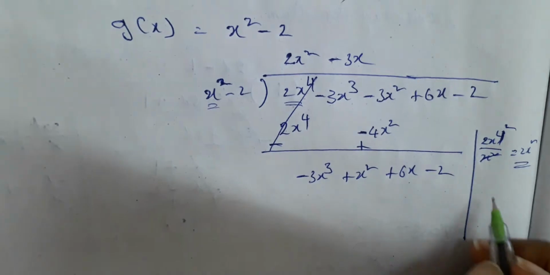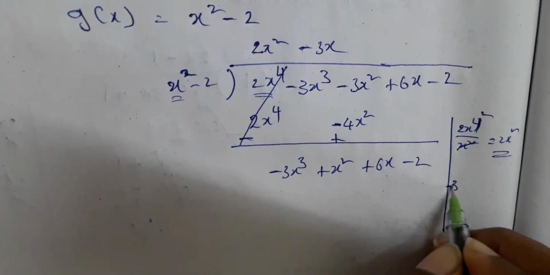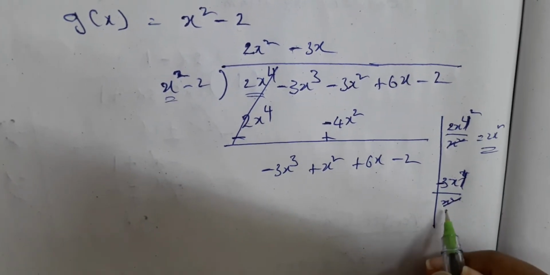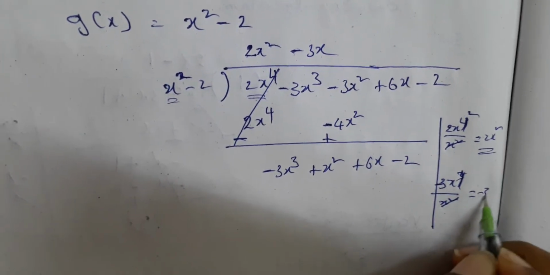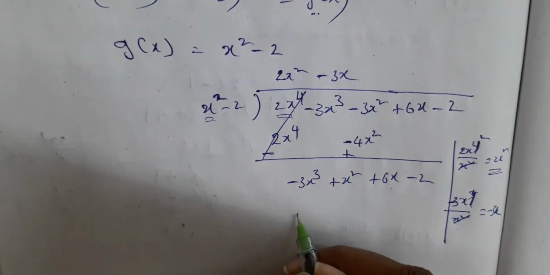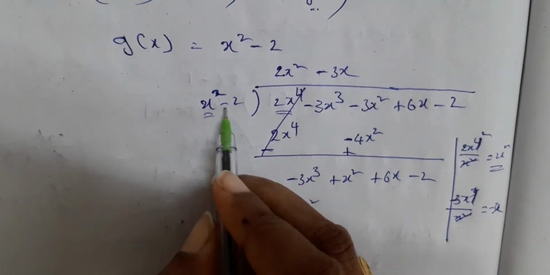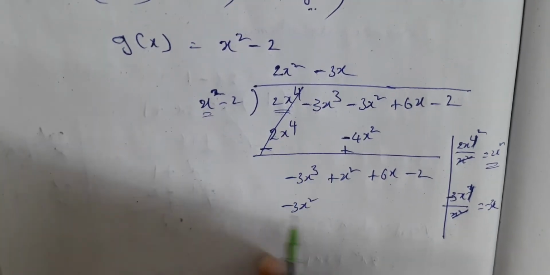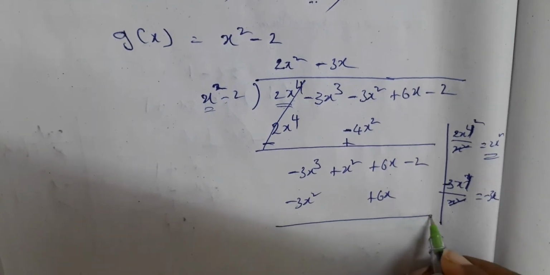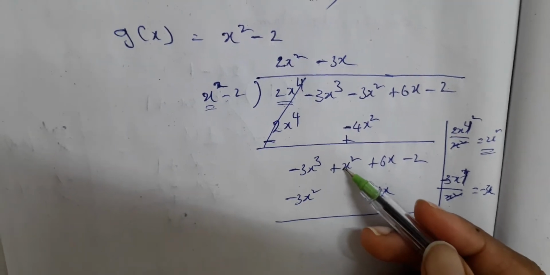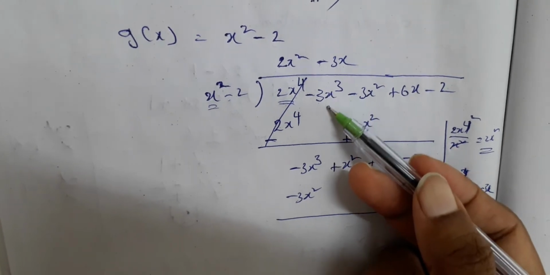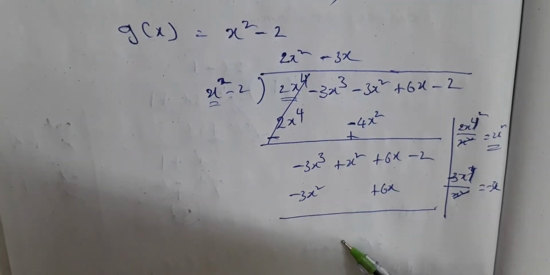So minus 3x, those who don't know can do it like this. Minus 3x cube by x square, and here this is done, minus 3x. Right, so therefore now multiplying minus 3x cube minus of minus plus 6x plus 6x. So here also you can see that the x square term is here, but we didn't get any x square term here. Nothing to be worried about, as we have descended the x cube term, like that only we are going to descend after this.